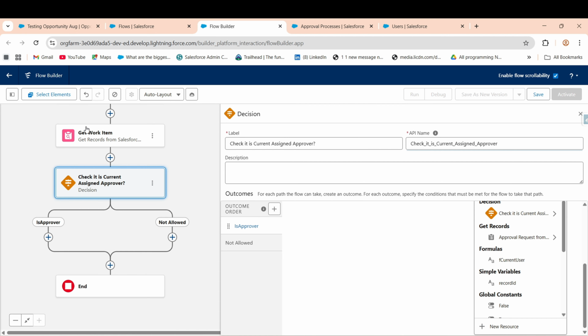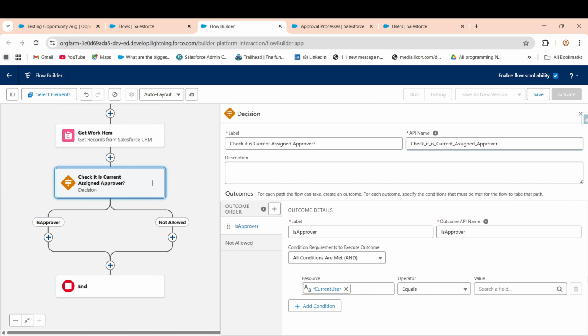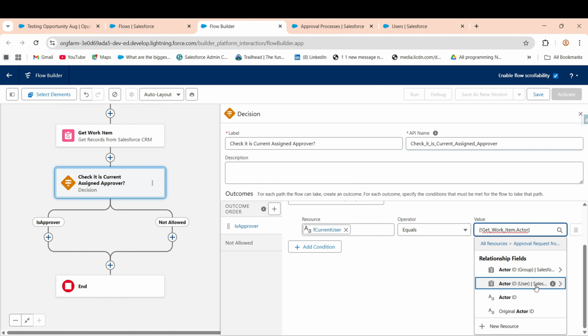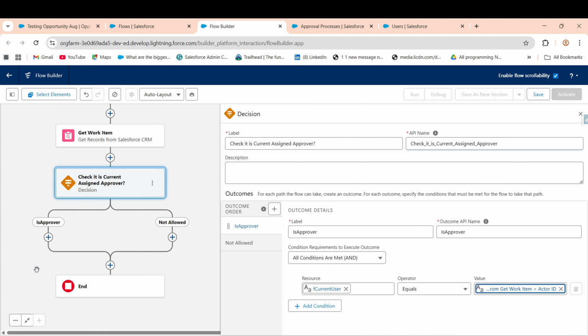So here, get work item. Select it in the search. In this value search, get work item. Here it is. Select this, and actor ID. Actor ID means my approver. If it is equal, then it will be allowed, otherwise it will not be allowed. Got my point? So if it is not allowed, let's do it later. After that, if it's the currently assigned approver, then the next screen is